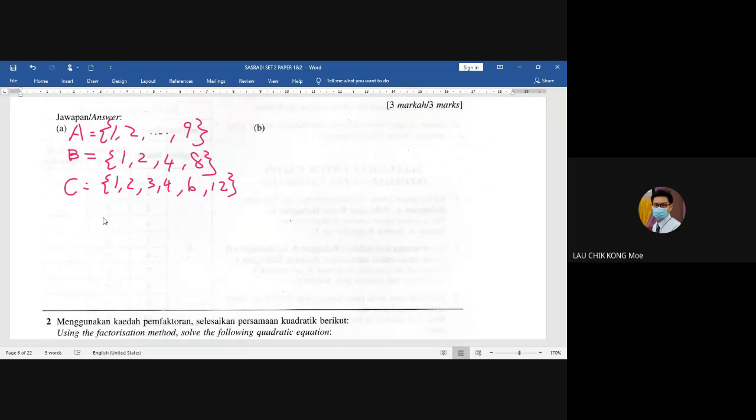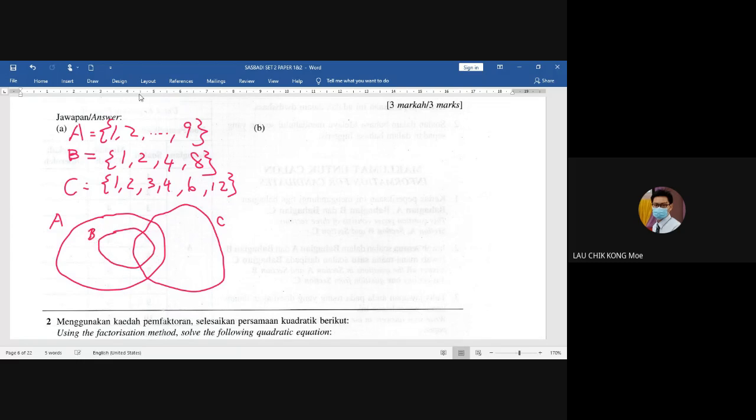Okay, so I give you a section, this is a set A, and then A and C. If we look at A and C, we have an intersection between A and C, right? Sorry for the bad drawing. Okay, A and C, we have an intersection. And then also B, if we look at 1, 2, 4, 8, B is inside the set A, so we put it here.